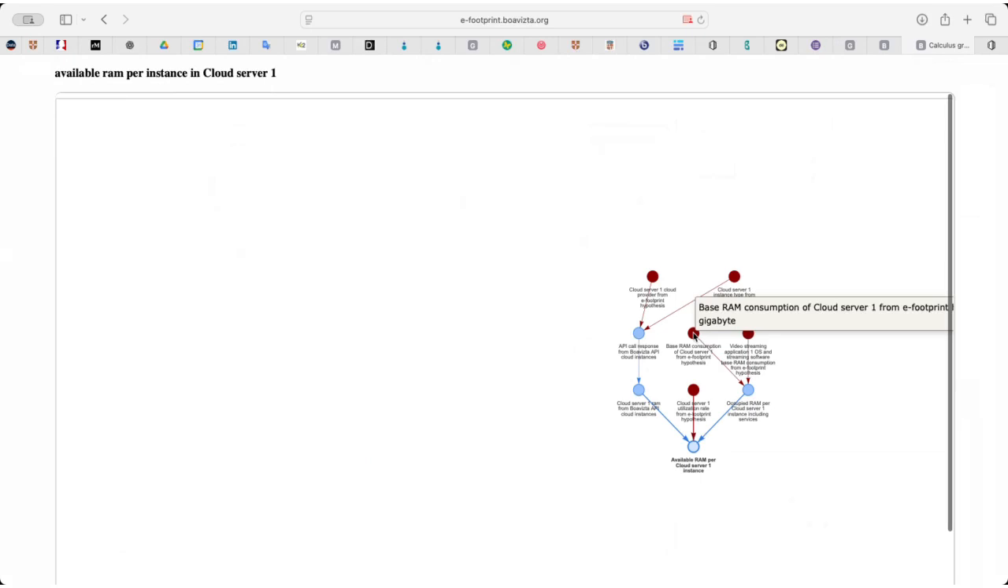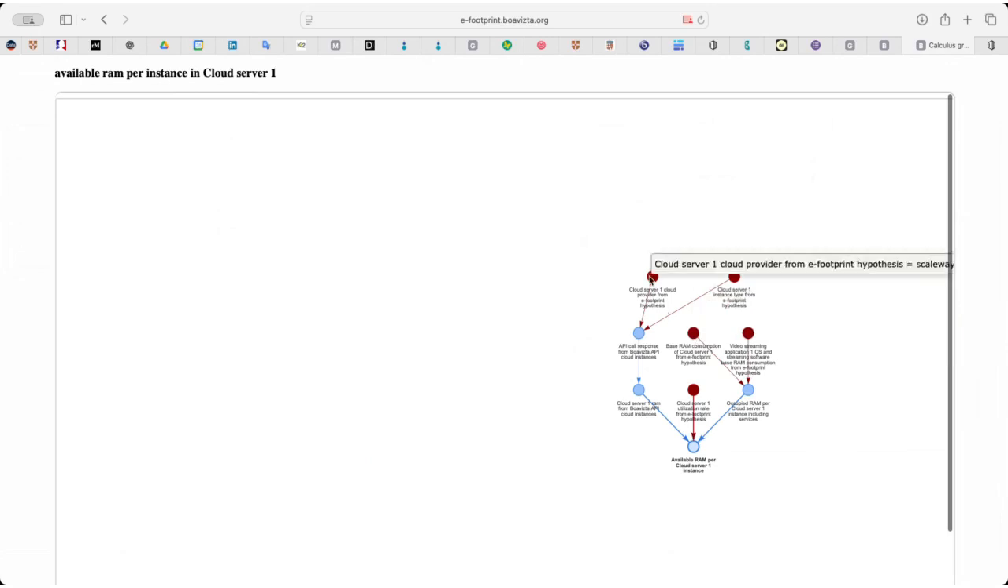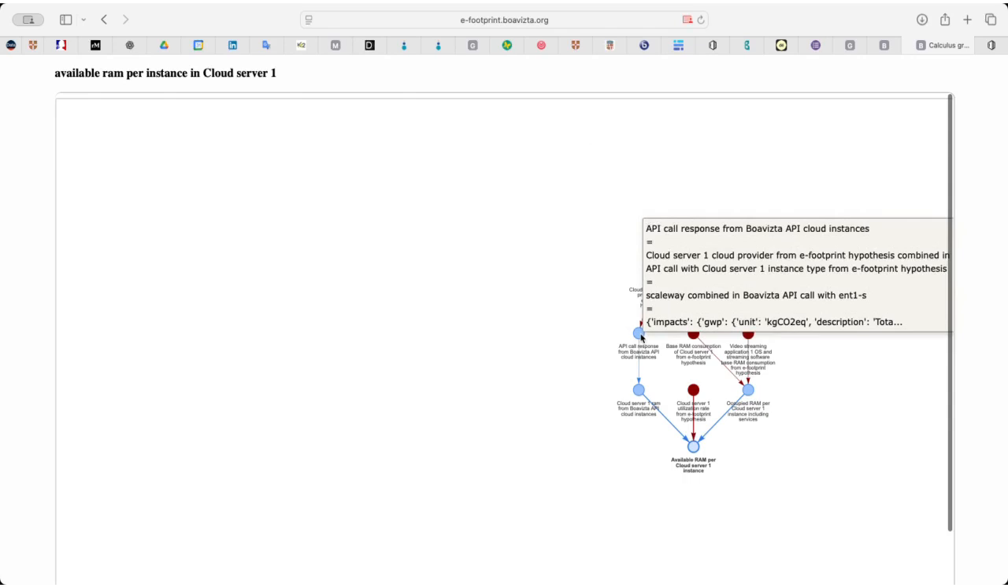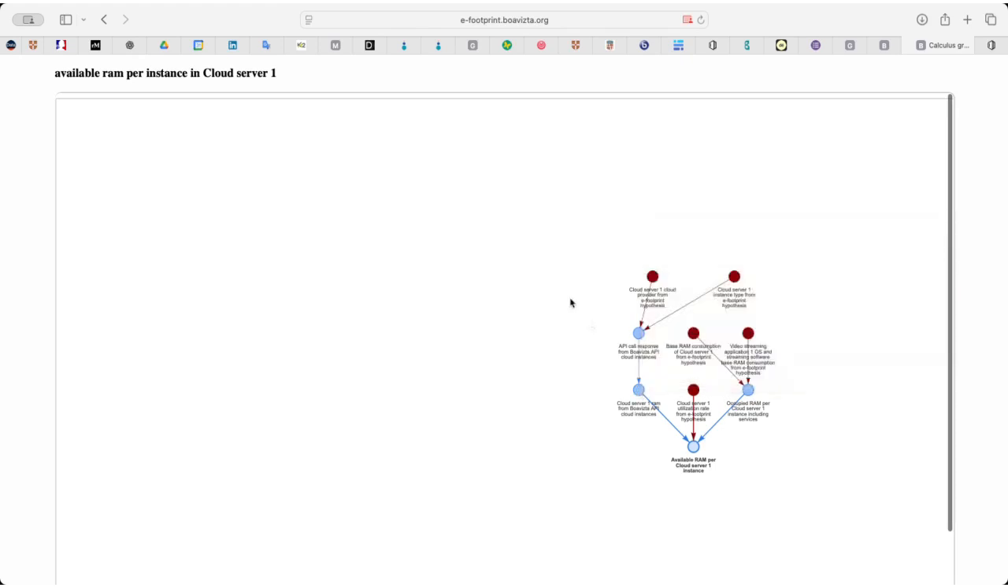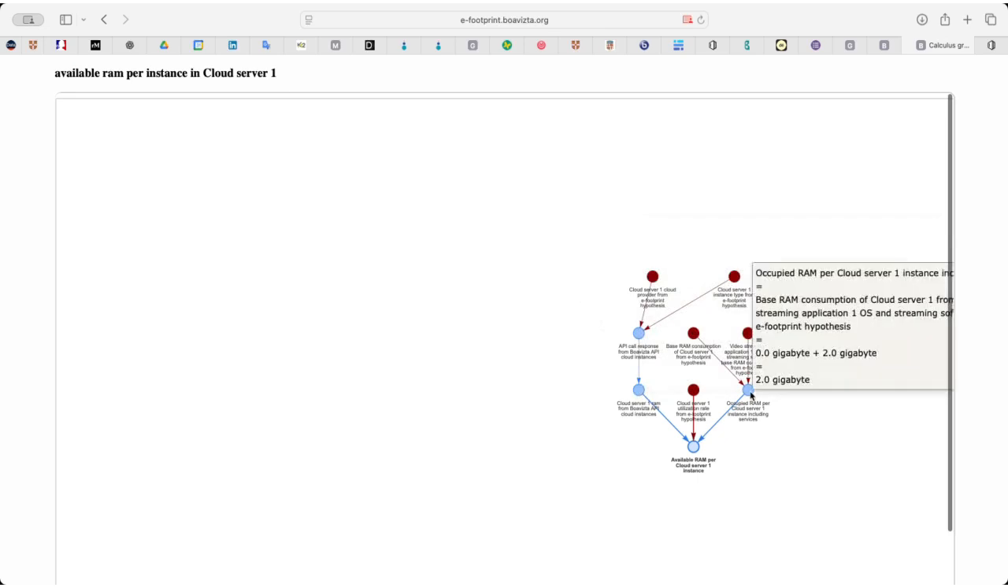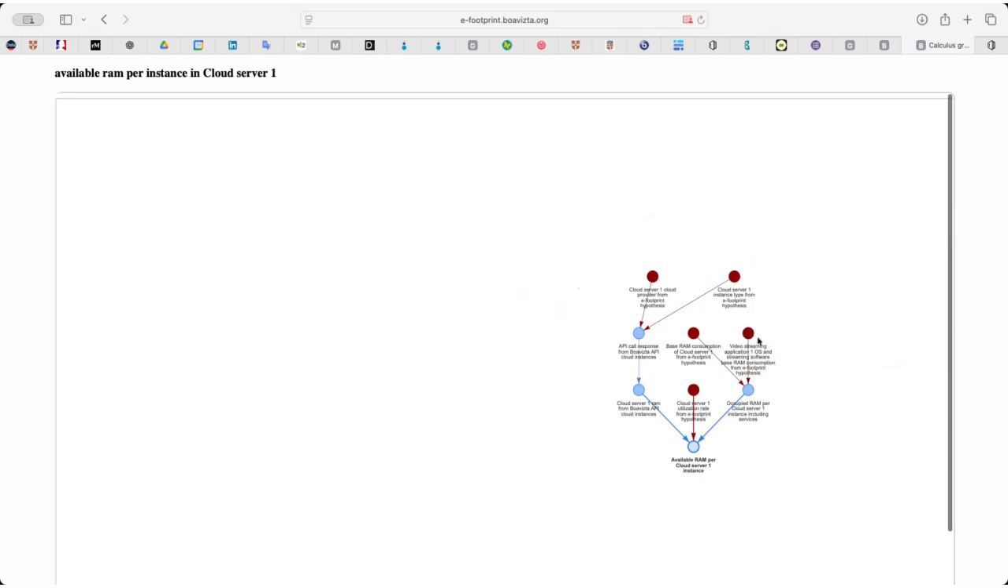And what eFootprint did is it called the API. We can see the API call response node just below. And then it extracted from this response the amount of RAM that the server has available. So that's a nice way to explore eFootprint's methodology without having to go to the code. Of course, if you go to the code, you can also see the formulas, but it's a much more accessible